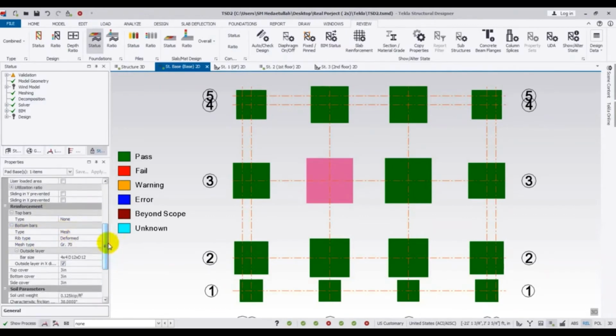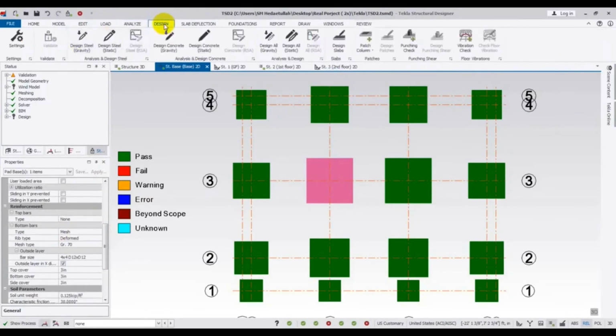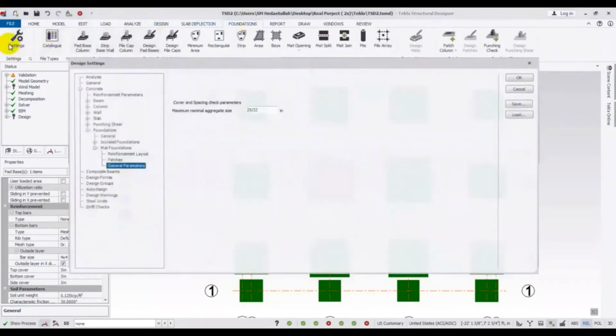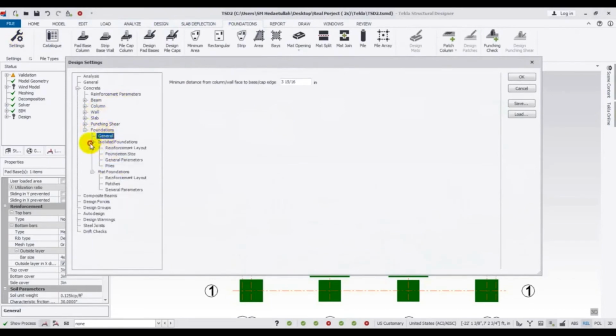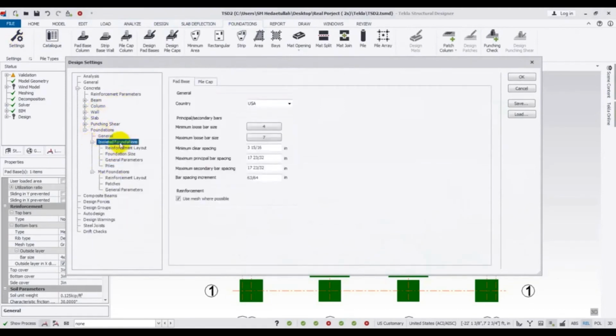Okay, so for that I will go here, design, right? From here, design or foundation, same. So come here, setting, after that here foundation, after that general, then isolated foundation, okay, and untick it. Use mesh where possible, so we'll not use mesh, okay. So just click here, after that here